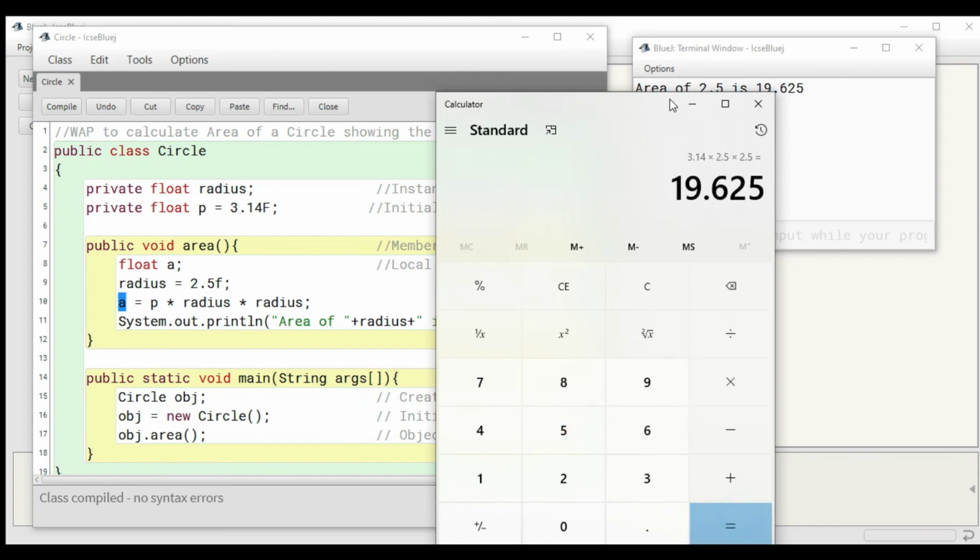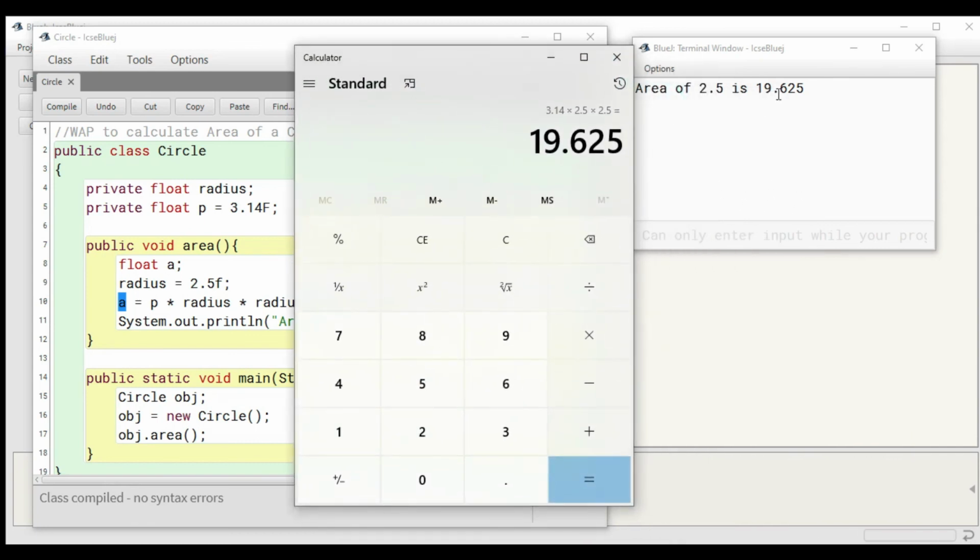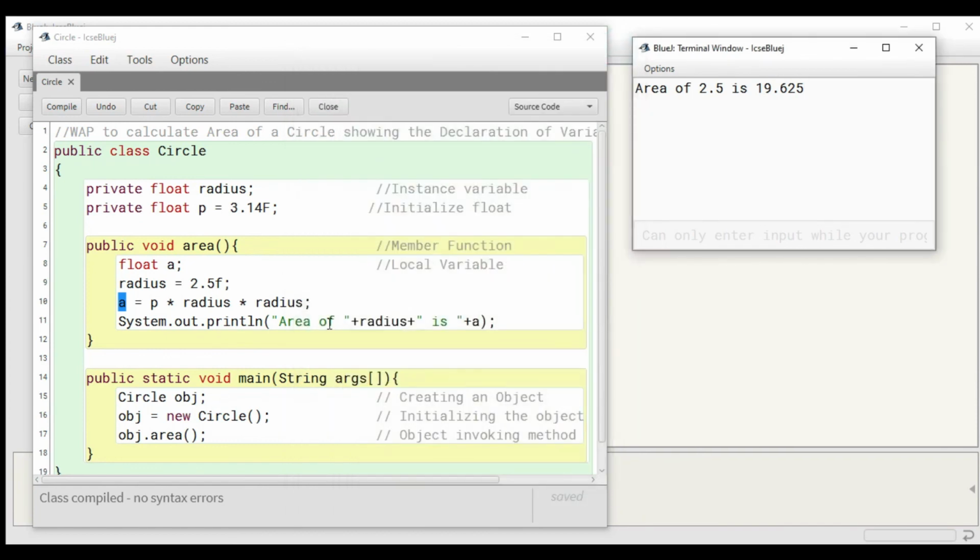Now we press equals, and you are getting exactly the same value right over here. So that shows how the area of a circle is getting calculated.